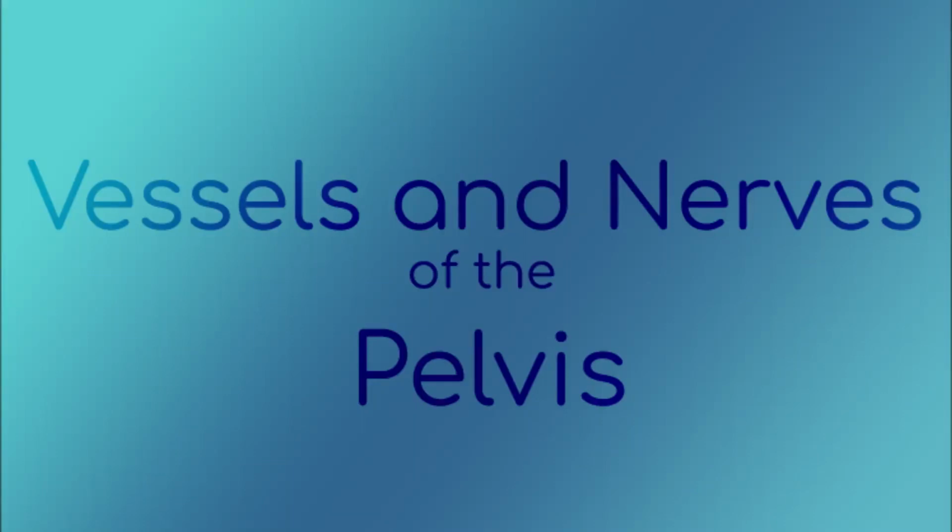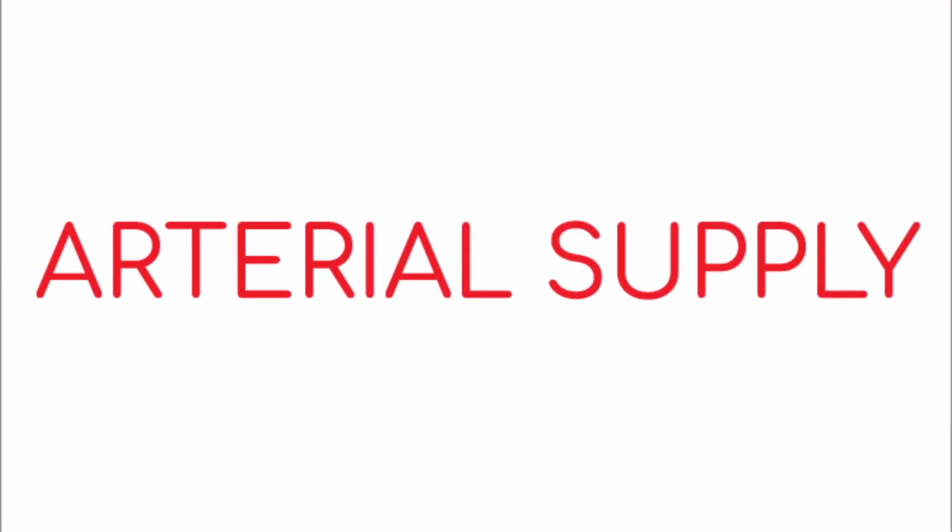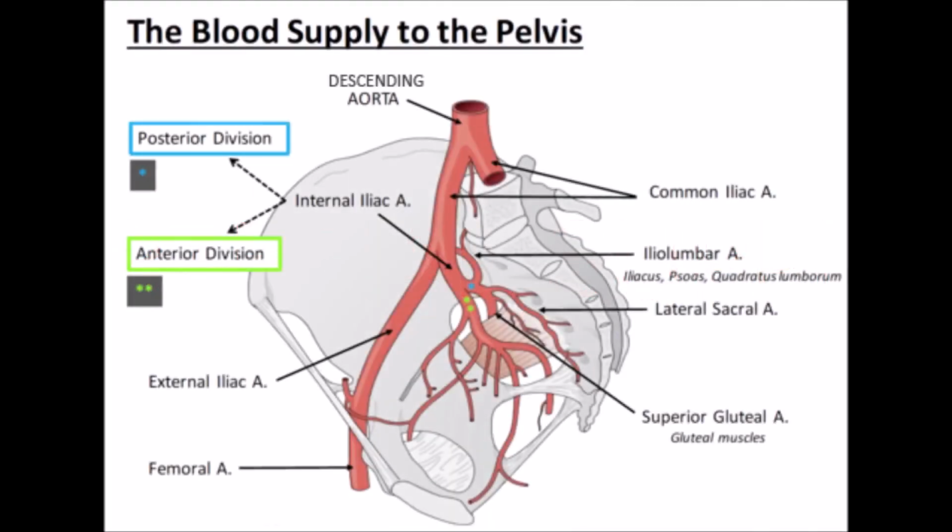Hello everyone. In this video, we are going to talk about the vessels and the nerves of the pelvis. Let's start with the arterial supply. In the abdomen, the descending aorta bifurcates into the left and right common iliac arteries. The common iliac arteries bifurcate at the pelvic brim opposite the sacroiliac joint into the external iliac artery and internal